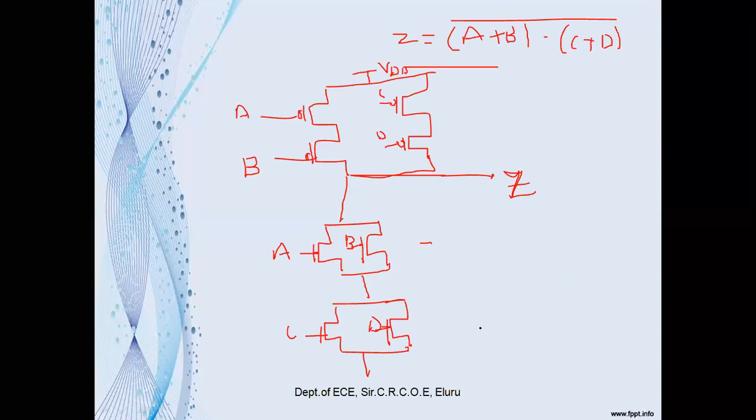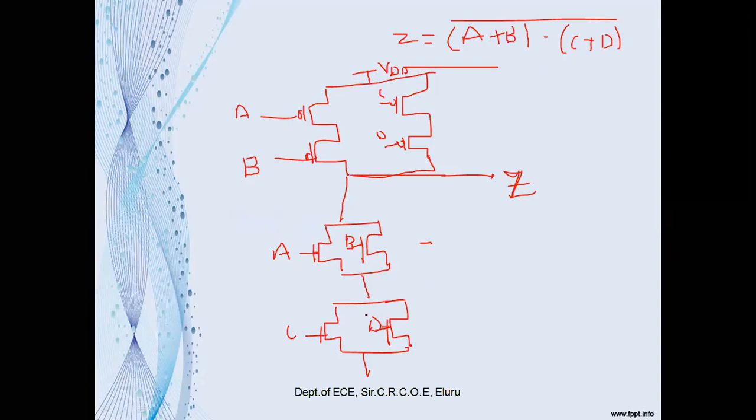Nothing but if you see here, we are taking the same example, and we are implementing it for the AOI logic and OAI logic. The only difference that you can observe is that whatever we have seen in the AOI, where the PMOS networks are connected in series, now here they are connected in parallel, and whatever the NMOS pull-down networks were in parallel, now they have become series here.